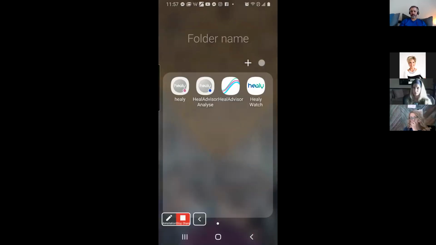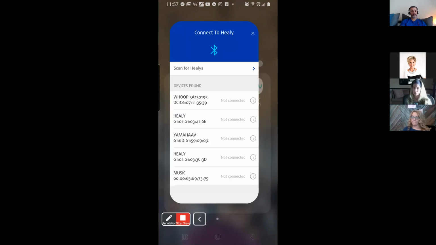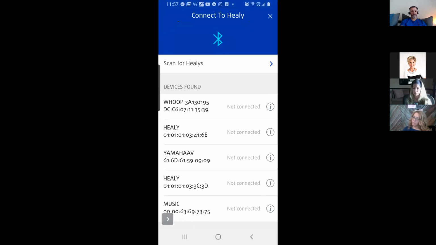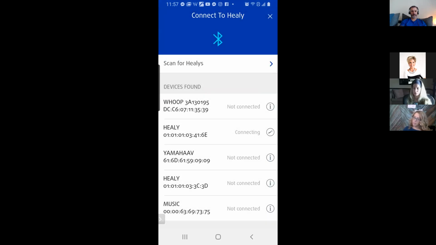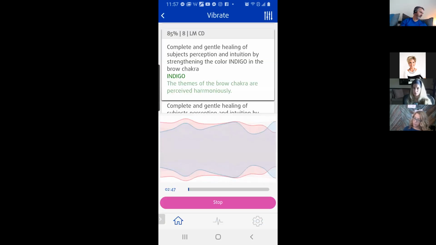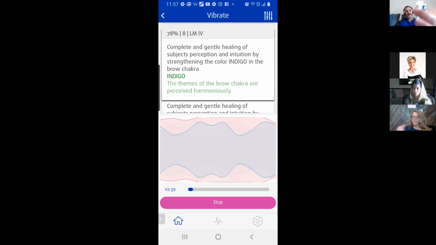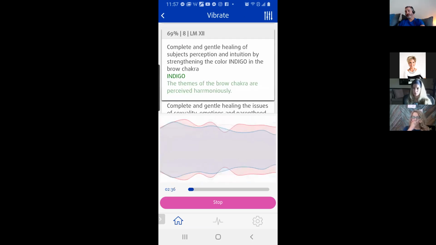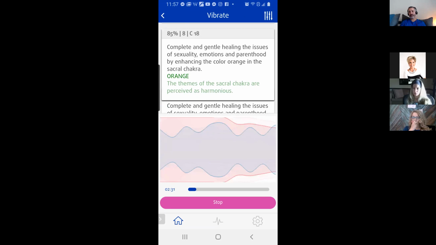So let's try and get this thing running and we'll give you some more examples. We need to reconnect to the 6E. And interesting enough, one of the options it had for connecting to Healys was actually my father's, ending in 3D. So it saw the Bluetooth of it, but his is not a Healy. That's interesting. I'm not sure why we couldn't get it connected by scanning a new device. So again, this is from my dog. We don't need to do that anymore.